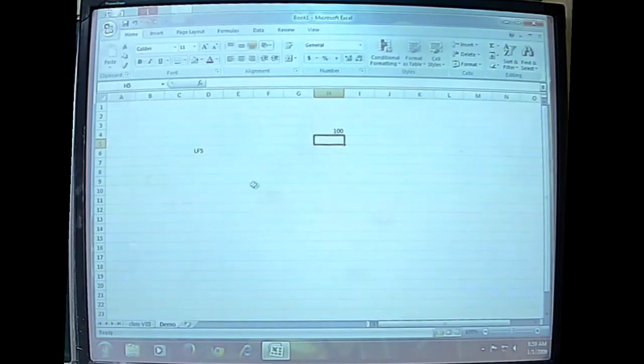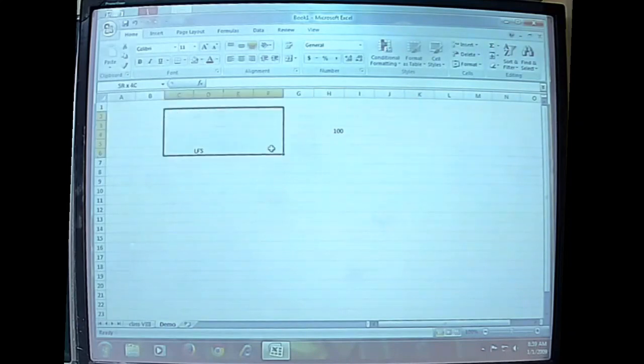Now that is about the cells, whereas a range of cells refers to a group of adjacent cells that can be used. See, this is a range of cells. And just like a cell has a cell address, a range of cells also has an address, and this is how the address can be given.